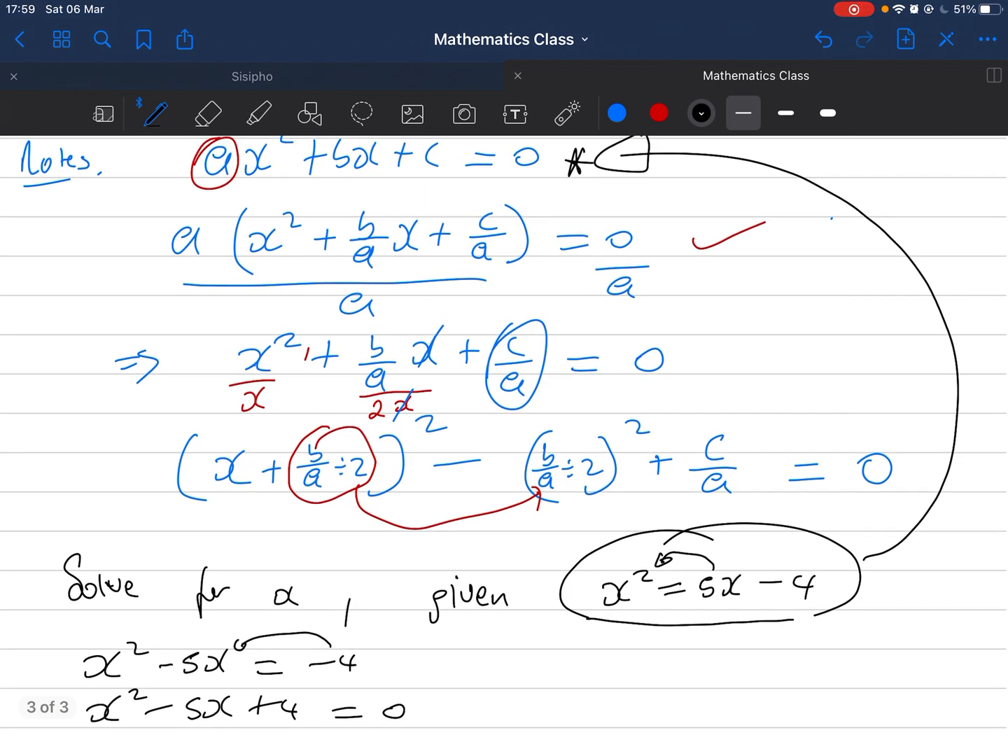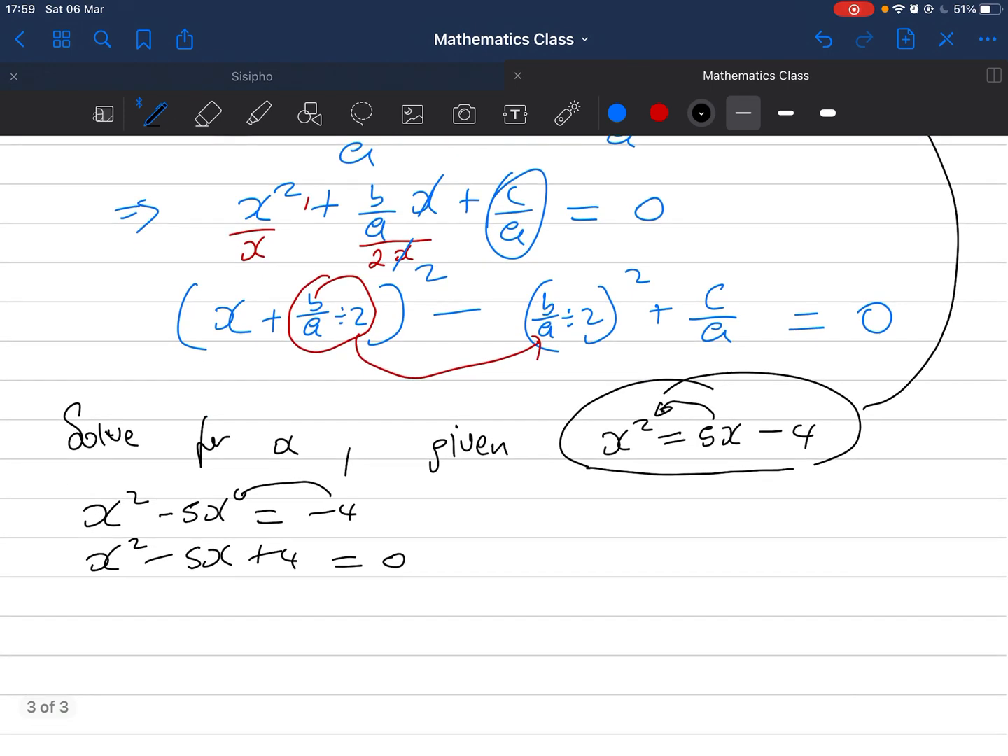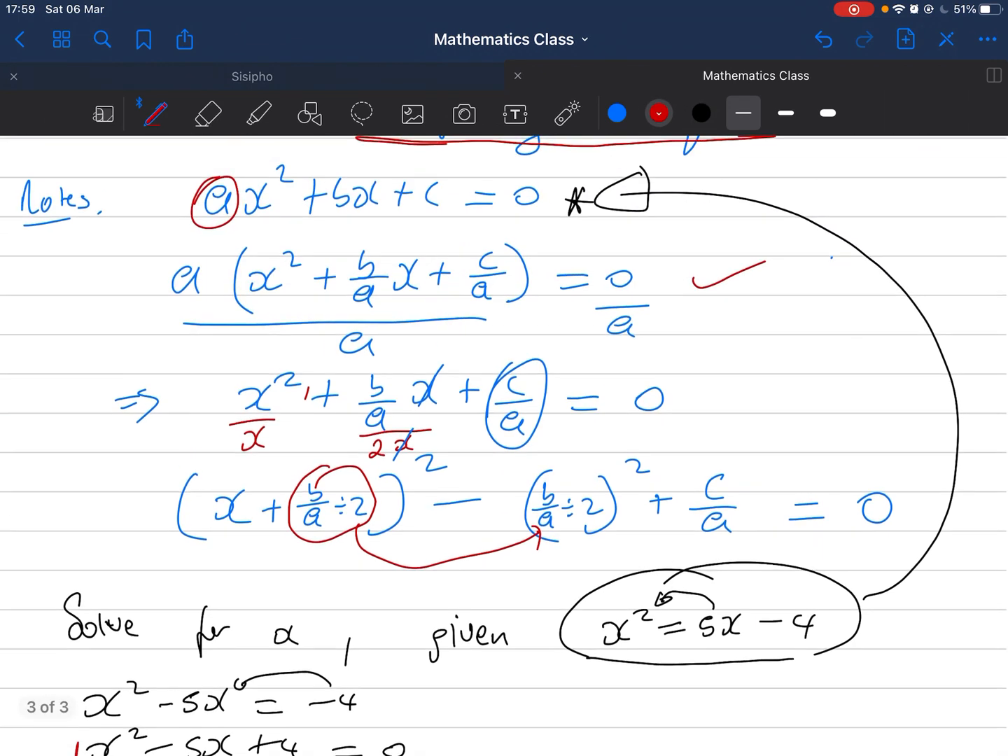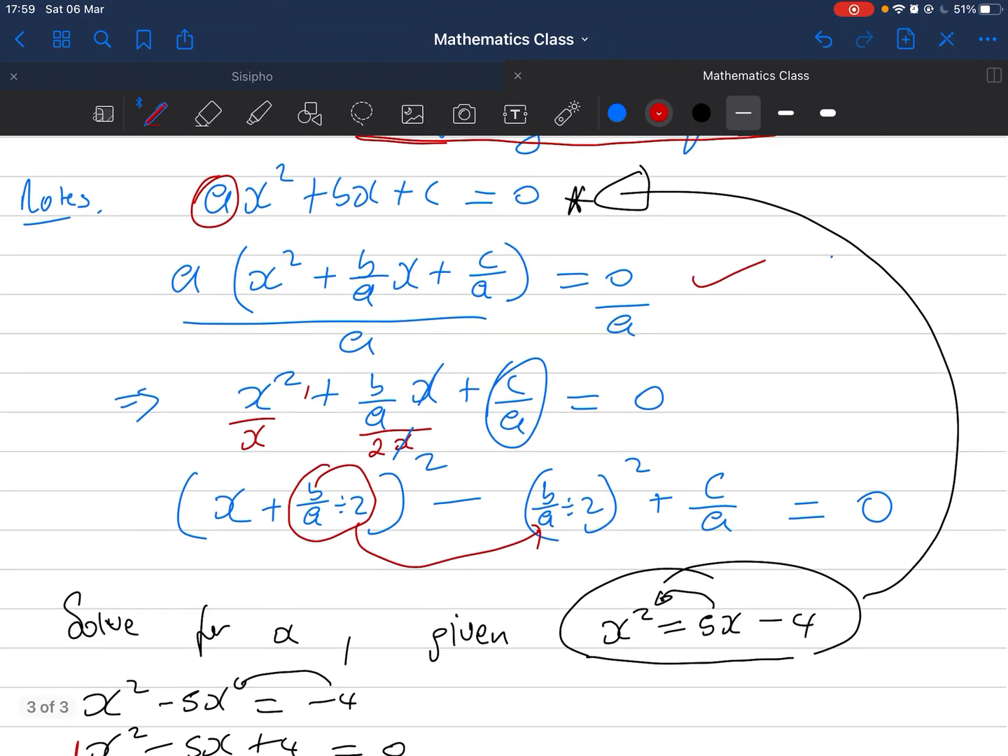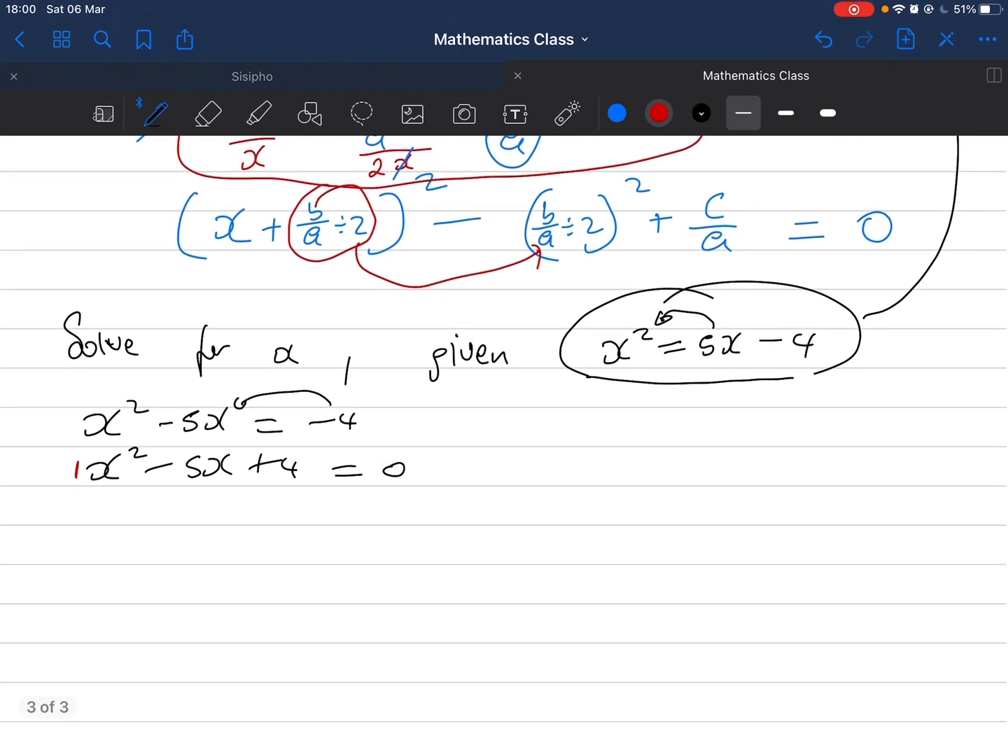And now you see that the coefficient of x squared is 1. It's not some a, or something not 1. So we don't need to do the step here. So what you're going to do is jump to the step here. Okay, so what you're going to do is just say x squared